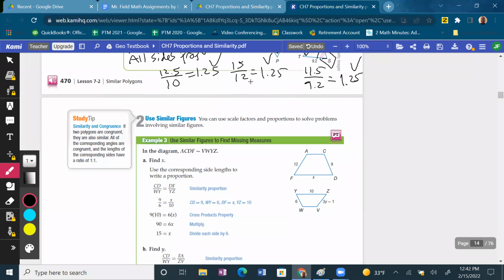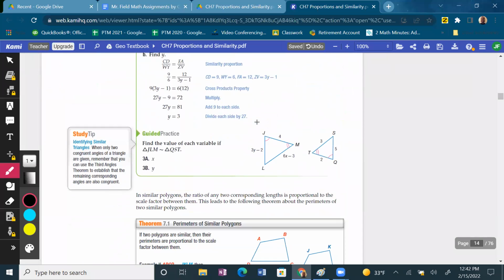All right, so then we can use the similar figures to solve for x and y, or missing side ratios, once we know that they're similar. So here we're told these two triangles are similar. So that JL must be corresponding with SQ. So we know that